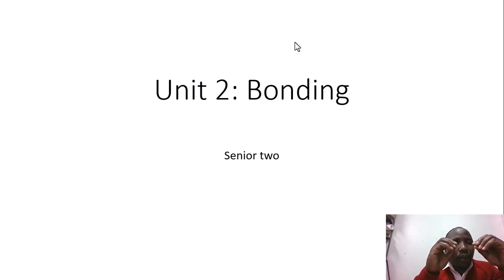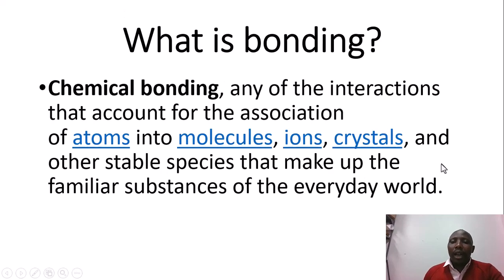The stability of an atom, you remember, depends on what we call the octet rule, or rule of 8, whereby each atom will be stable when it has only 8 electrons on its outermost shell. Let me remind you about the periodic table. Remember, this is about chemical bonding, the interaction which occurs whereby atoms associate together.